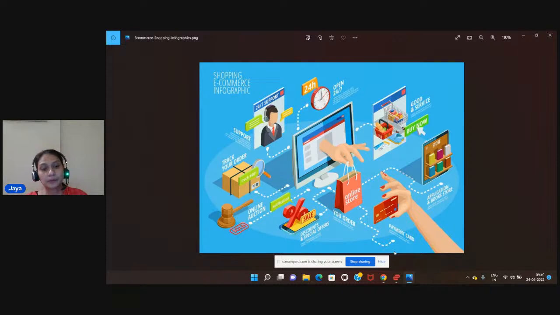So the third point, after these two points, which comes to my mind is to direct the customers to your online shopping website. The QR code in the e-commerce industry is the most important. By scanning this QR code, you can go to that site.